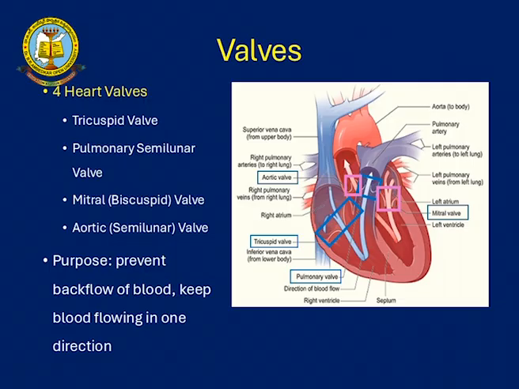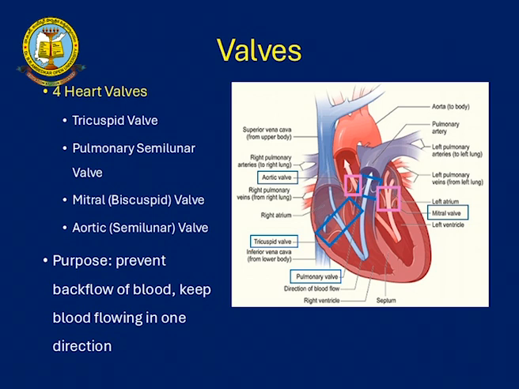Here we can see all the valves. How many valves can we see? Four valves. These four valves are connecting the four passages, including the two passages between the auricles and ventricles. The first one is the tricuspid valve. The tricuspid valve lies between the